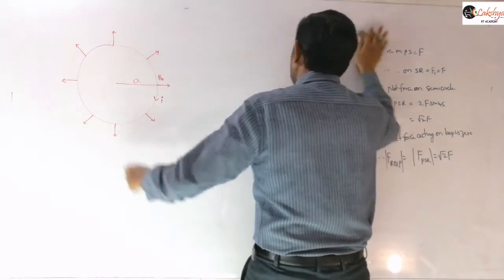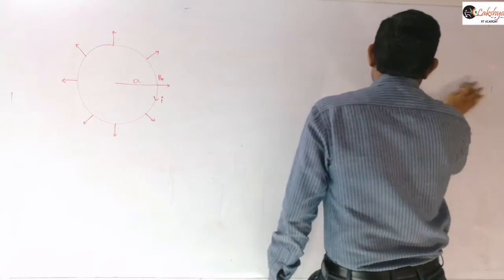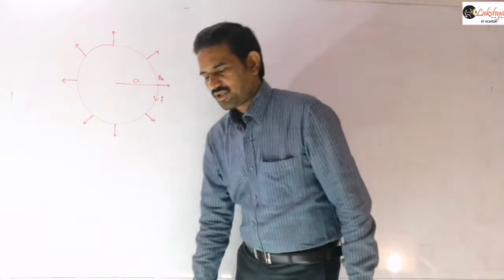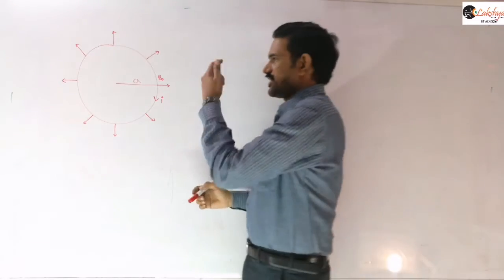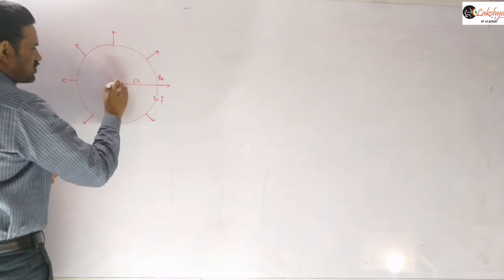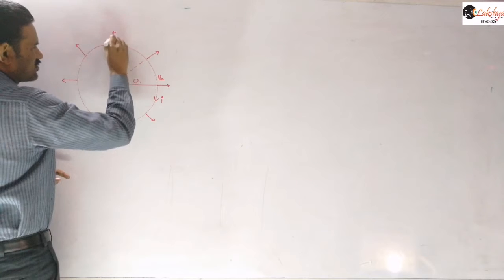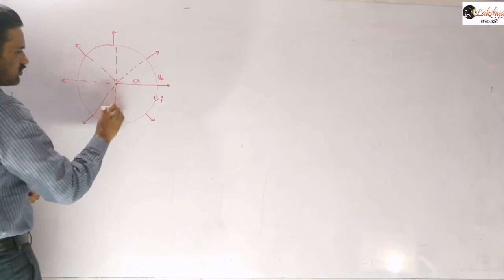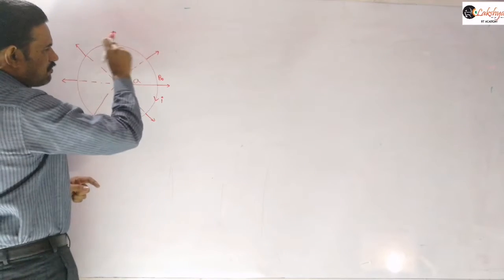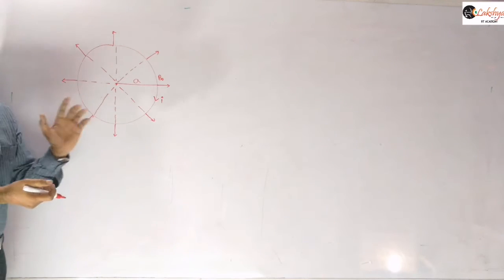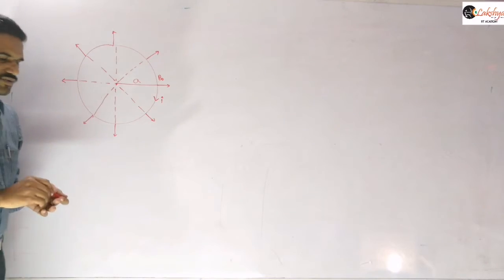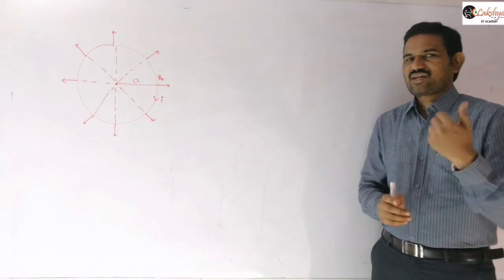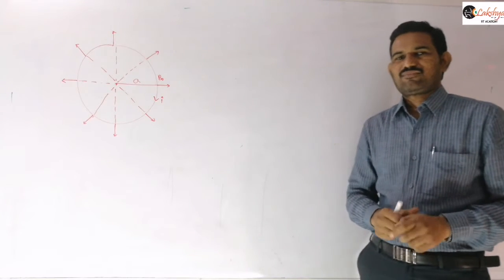So is it clear? The magnetic field will be there in that plane only. That means the current carrying coil and magnetic field both are in the same plane. And so now the field is varying along this radial direction here. Just I mentioned these arrows like this. So at any point the direction of the field will be radially outwards like this. The magnitude on the circumference of the circle is B naught, given here. So it is a closed loop placed in the magnetic field here. So now is the force acting on that closed loop 0 in this case?